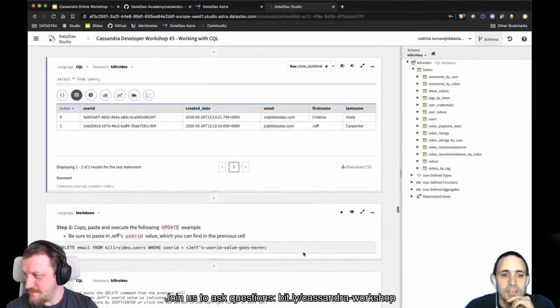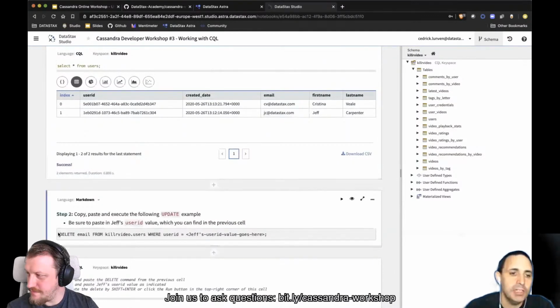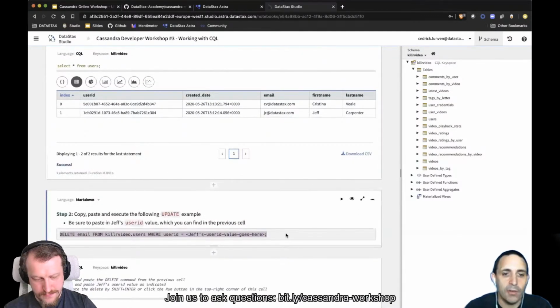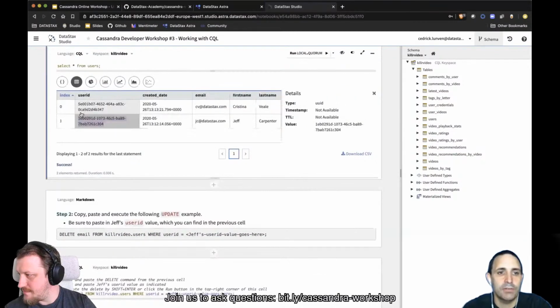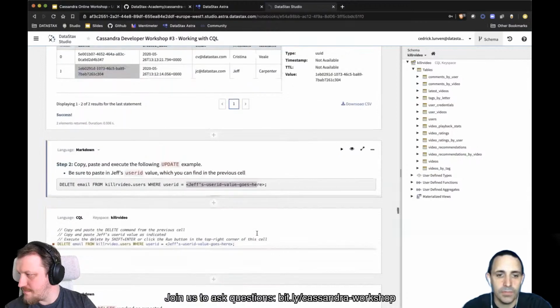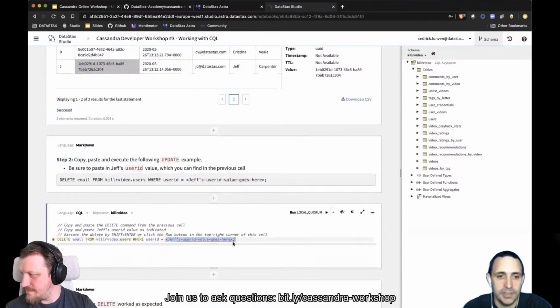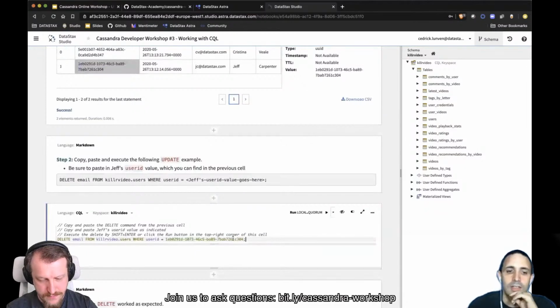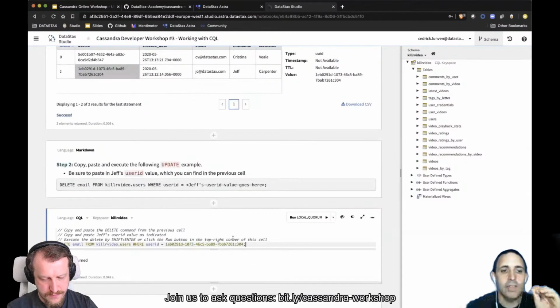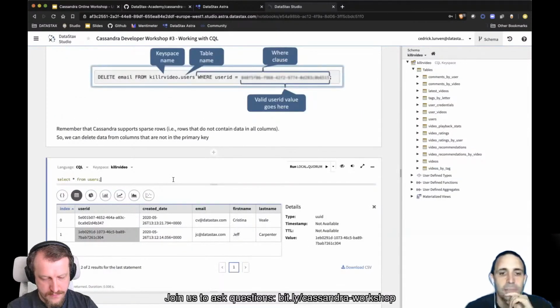So I want to delete only the email of Jeff. So I go here and again, I copy paste Jeff's user ID, user ID is the partition key. And I will delete only the email. And now if I execute select star again, you can see that I have deleted simply the email.